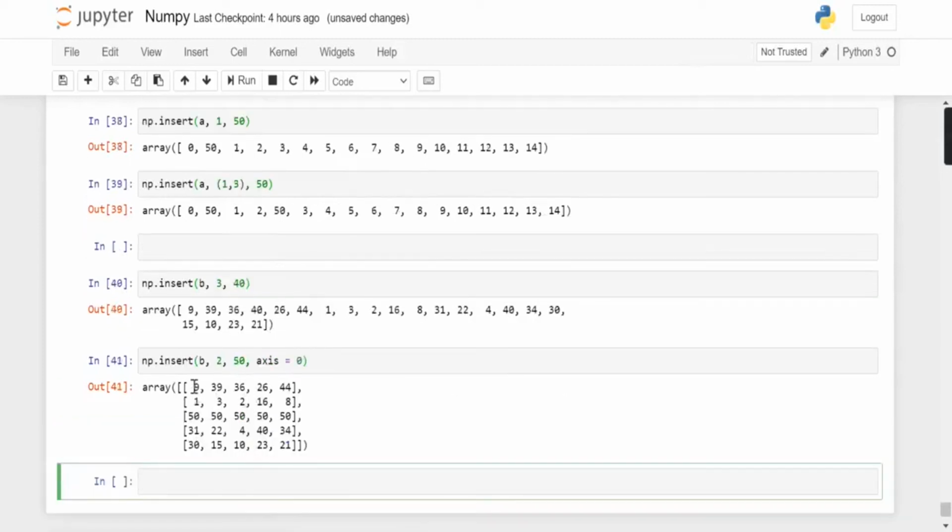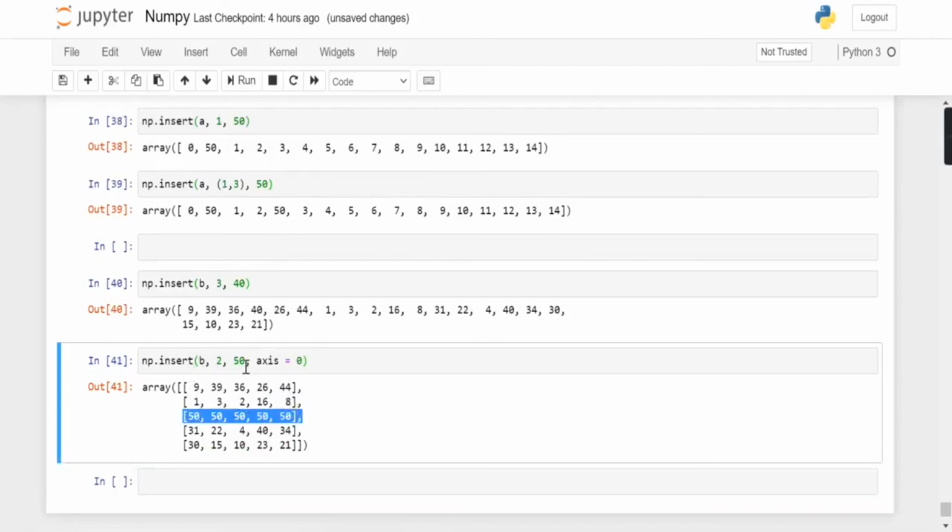And when I run it, at position 2, that is here, I have added an array of values which is 50.